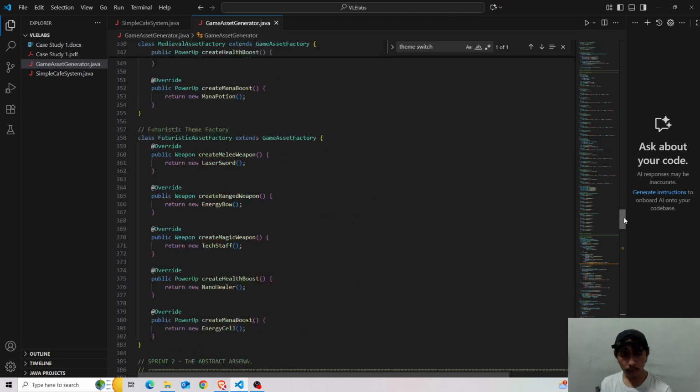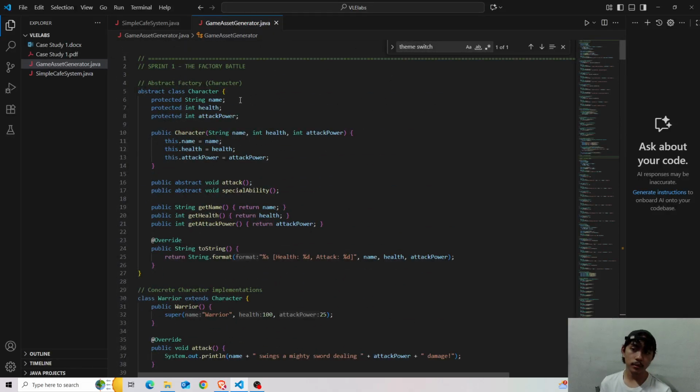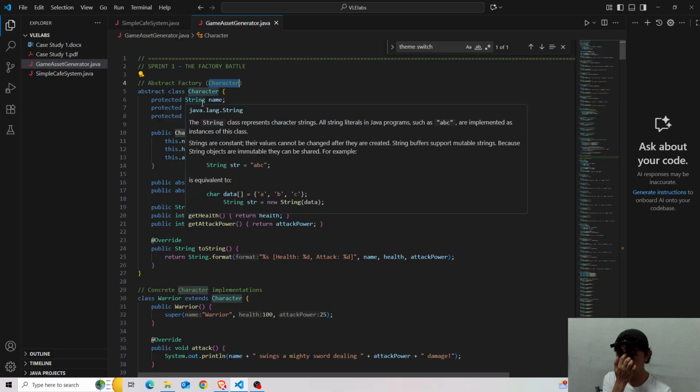check everything first, right? So we'll go back to the very top, in which we have our sprint 1, the factory button. So we have here our factory, abstract factory, in which we name character, because we'll be extending a lot of classes here, right?